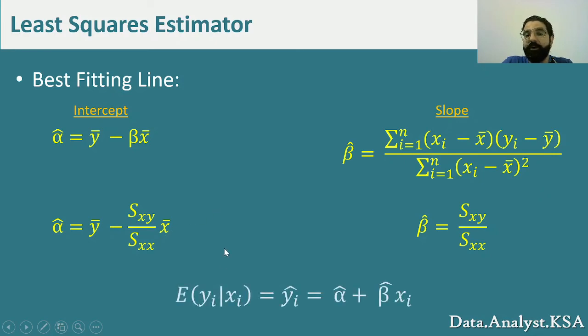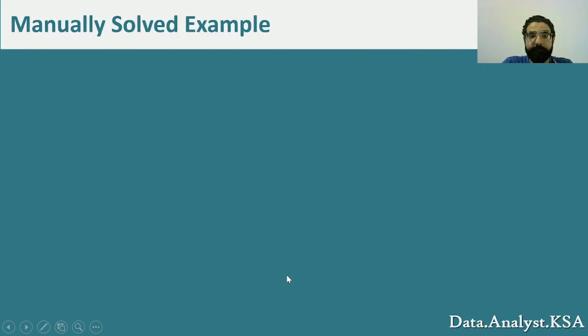And with this, I know that the equation of my line is going to look like this, because it requires an intercept plus a beta hat, or a slope, that is multiplied by the independent variable. So now I have my expected value, or what we call yi hat, which is the estimate of any y observation. Now let's go into an example which will make us understand this a little more.